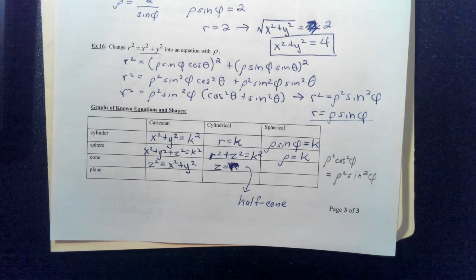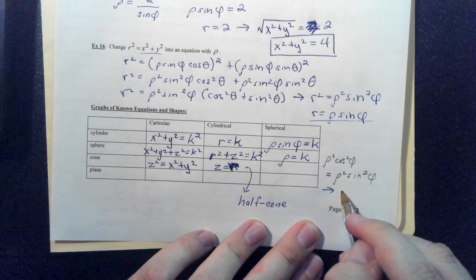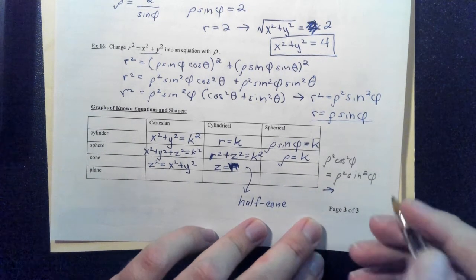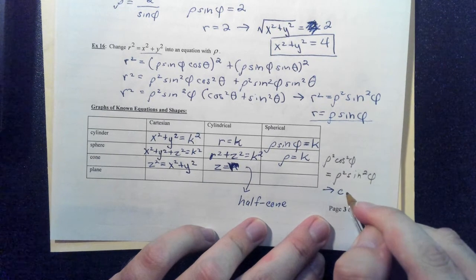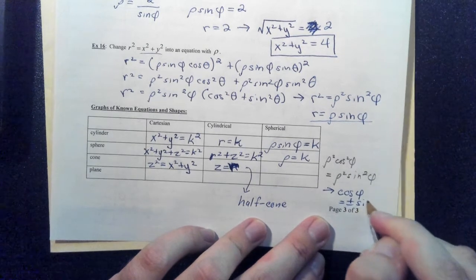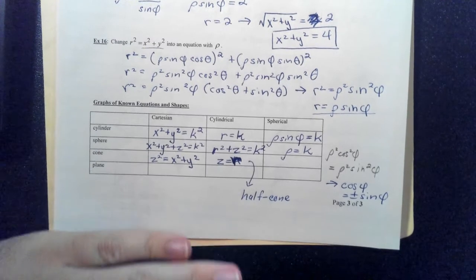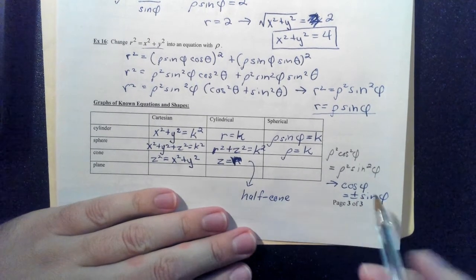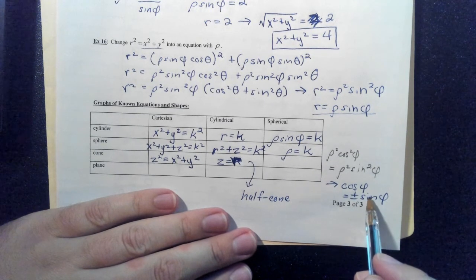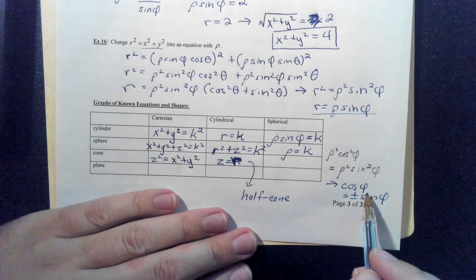Got lost with myself for a second there. What this would lead to is cos phi equals sine phi. Or rather, cos phi is the positive or negative of sine phi. That's actually a little misleading. This would give me both nappes of a cone, but this is specifically a cone that forms a 45-degree angle